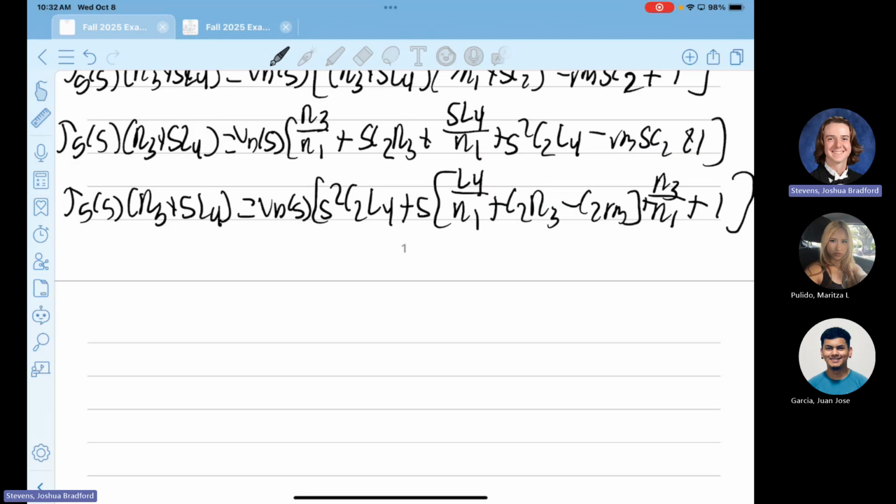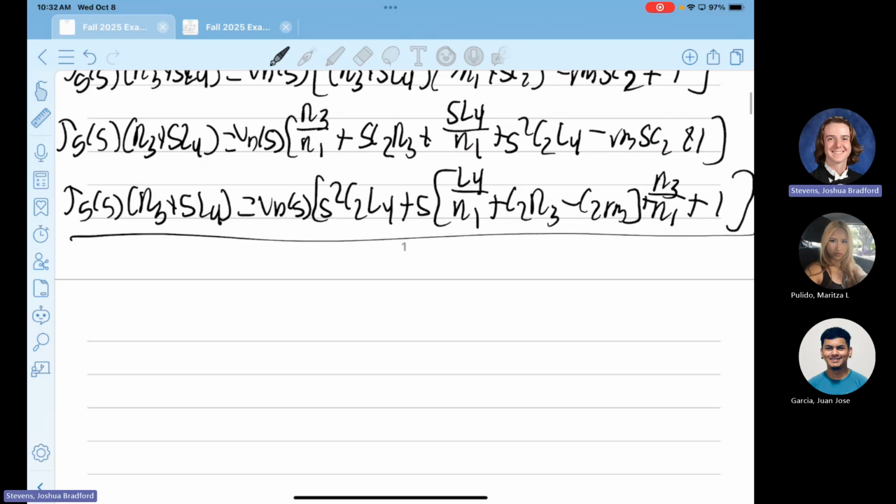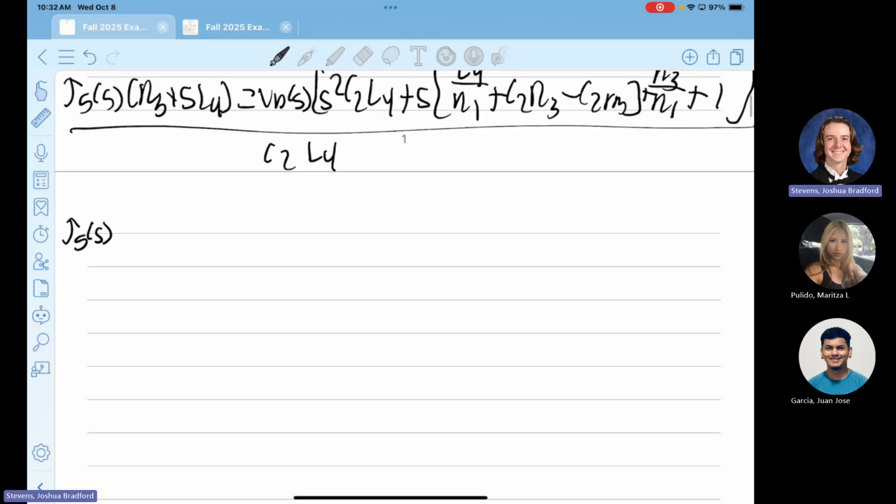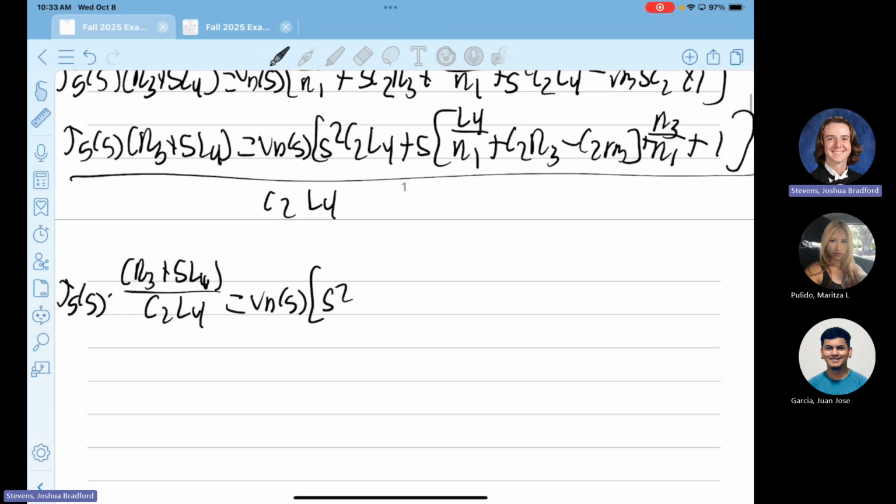So in this case, what would that be? Divide what? Well, correct. What's connected to that? Yeah, so literally just divide the entire problem by C2 L4. So then I have a JG of S. Let me do this. JG of S times R3 plus S L4 over C2 L4 equals Vn of S times S squared